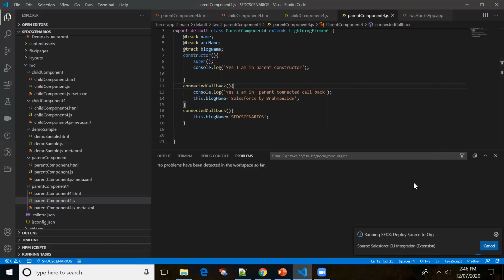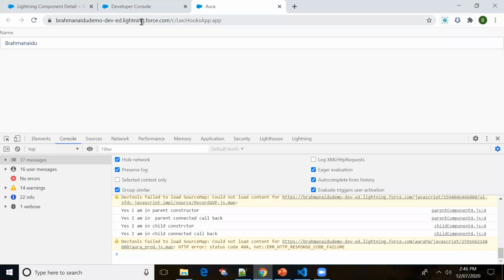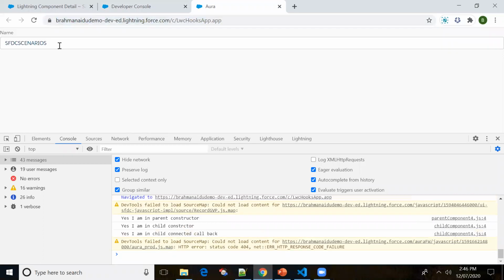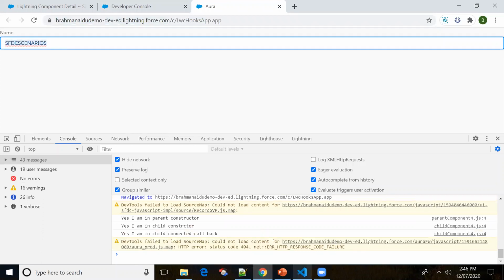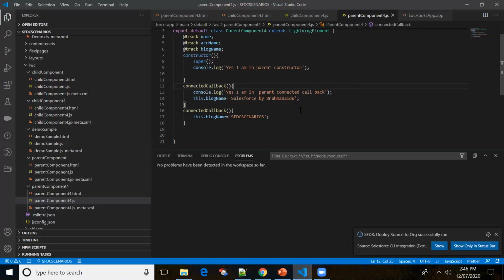It is getting loaded. Let me reload this application. Now we should be able to see SFDC scenarios in the input field.